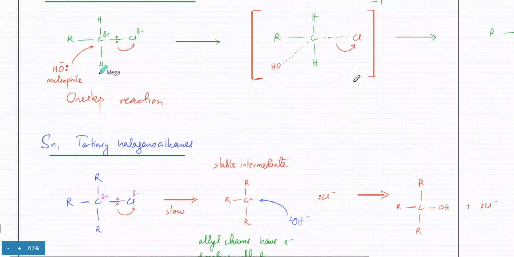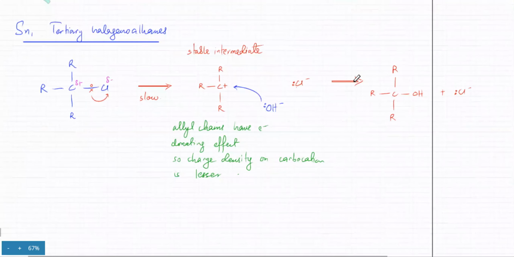And in a tertiary halogenoalkane, the carbon was again bonded to Cl. It was a polar bond, but it was surrounded by large groups. So the first thing is the OH minus one cannot really attack it because of the surrounding larger groups. They won't allow it to reach the central positive carbon atom. And so the Cl minus one would break away. And I also said why this was a stable intermediate,